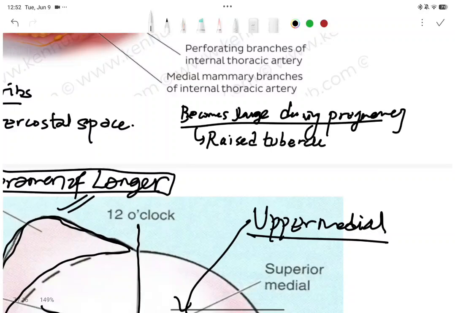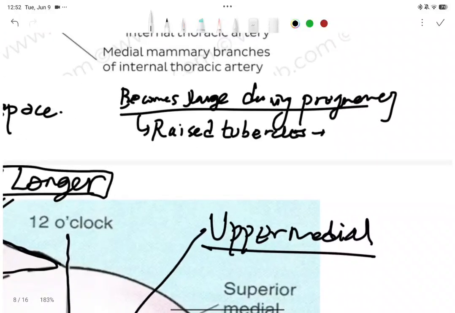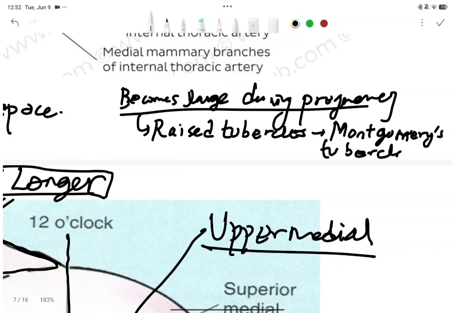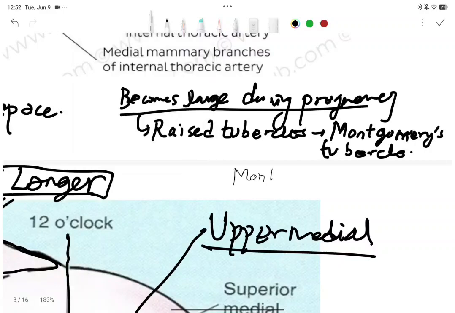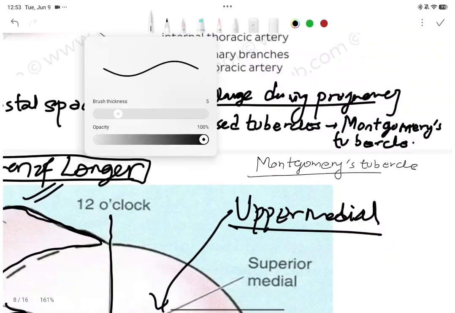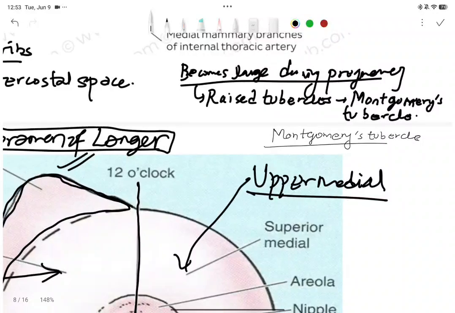These raised tubercles are known as Montgomery's tubercles. It is called Montgomery's tubercle. This tubercle helps in